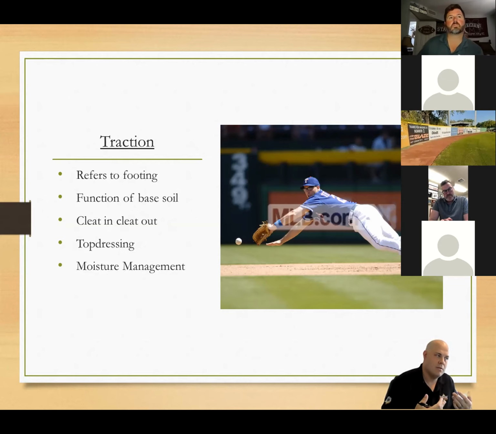So top dressing is really important when you're talking about traction. Moisture management. Moisture is the glue that expands the clay to hold on to all your other sand particles. So it's important that you have proper moisture so that that clay particle has something to grab a hold of to hold your whole soil structure together.